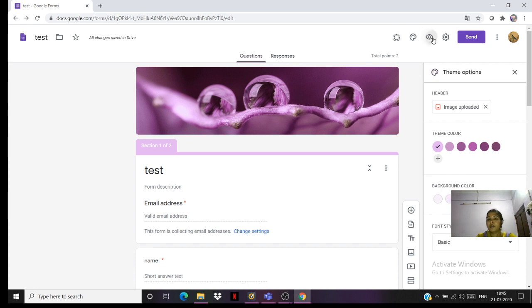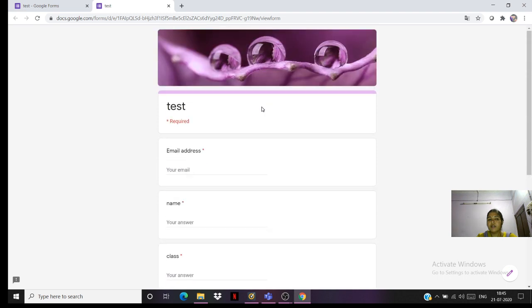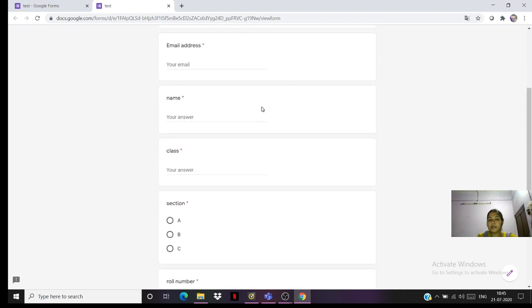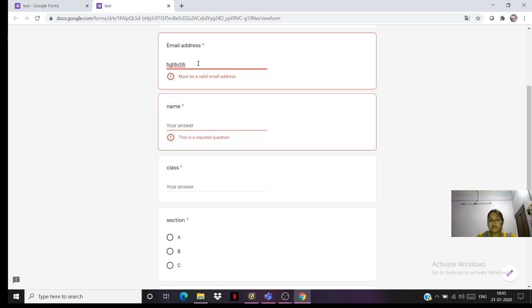So we can go to preview, and if you want to make any changes here, we can make the change. Suppose I am filling anything here. Now see, it is showing automatically that it should be a valid email address, and if I don't fill a valid email address, it will not go to the submission button.